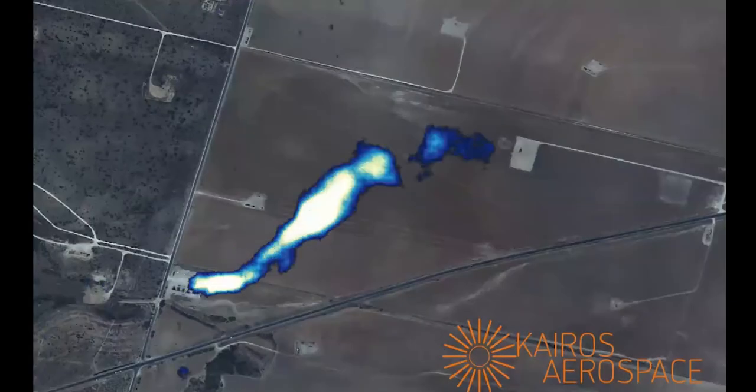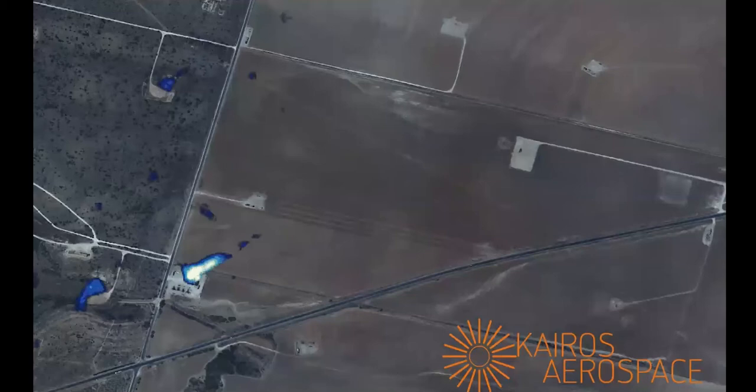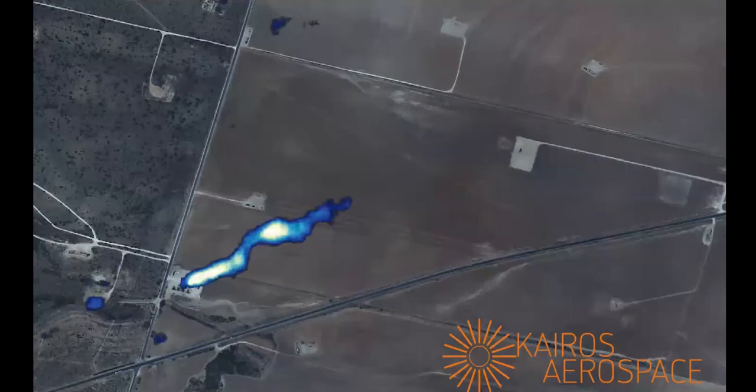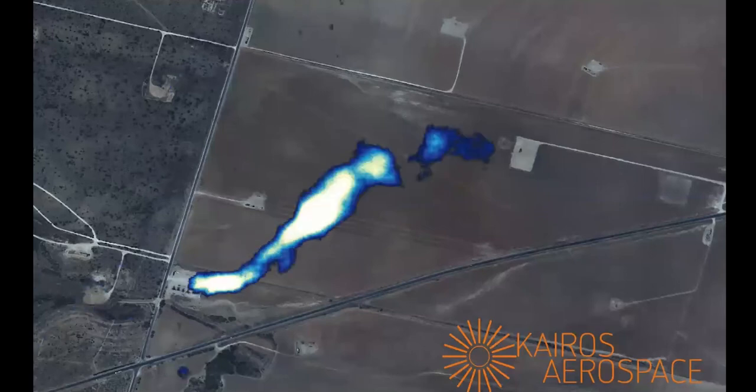Welcome to Kairos Aerospace. At Kairos, we work with oil and gas operators to rapidly reduce methane emissions. We concentrate on finding emission sources such as the one here. This is a compressor station in West Texas that is leaking hundreds of thousands of cubic feet of methane per day. By finding and reporting these events to our customers quickly, we help them reduce their methane emissions in the